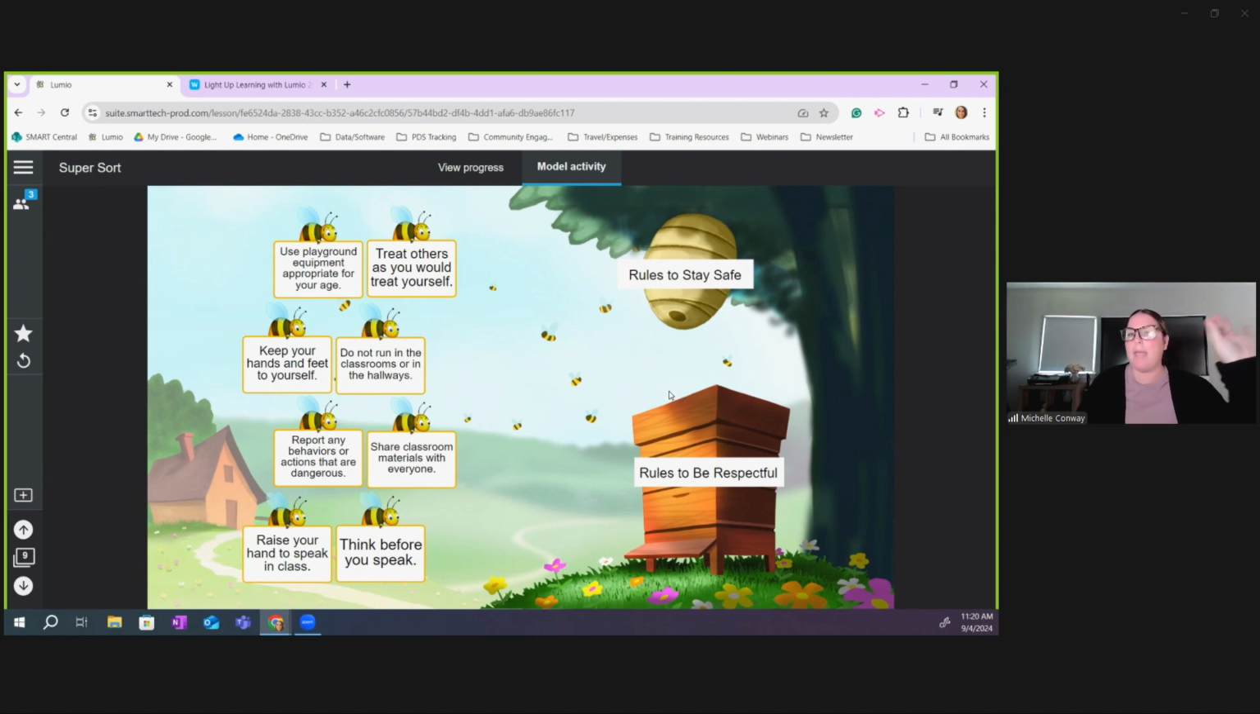The games are amazing to start off with as a new user. If you feel like you're maybe a novice user in Lumio, the games are always an amazing place to start as a new user to Lumio. So how super sorts work, depending on how the theme is set up, there's categories. So this is rules to stay safe versus rules to be respectful. And they just need to sort